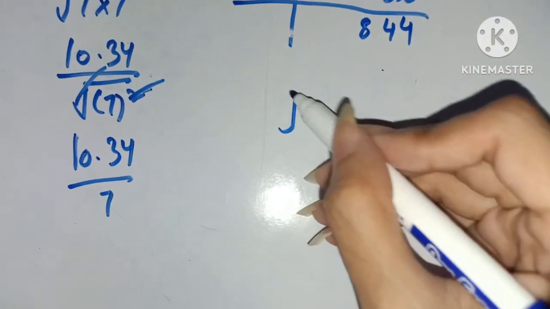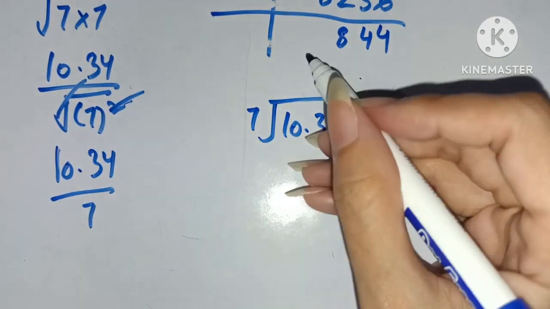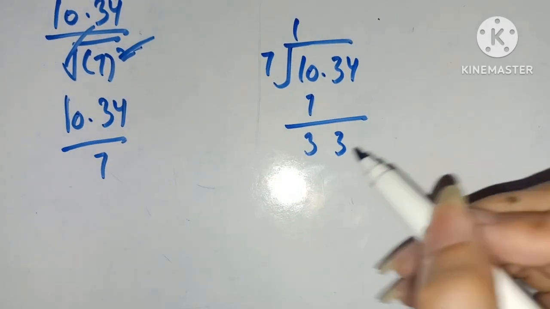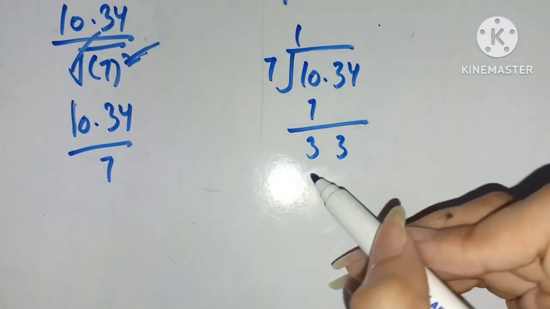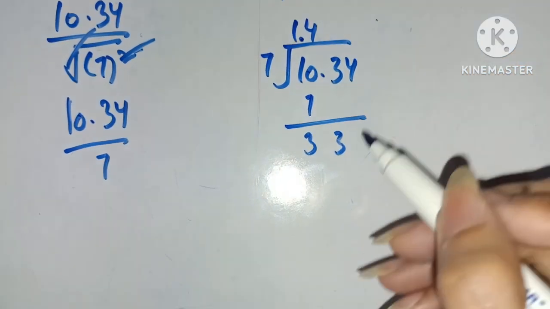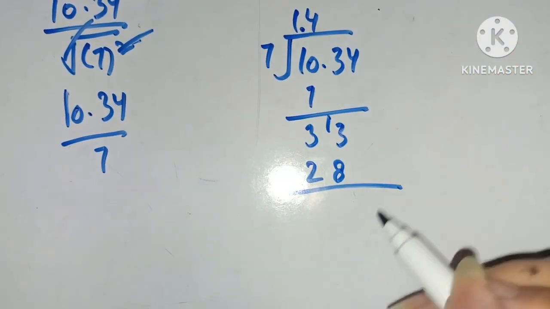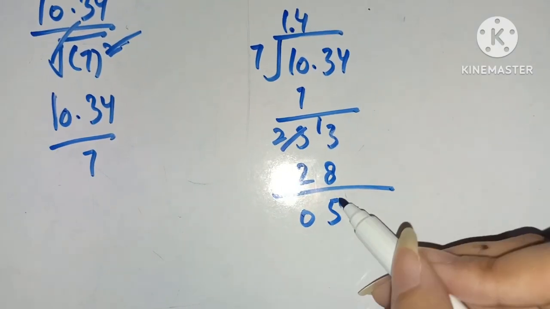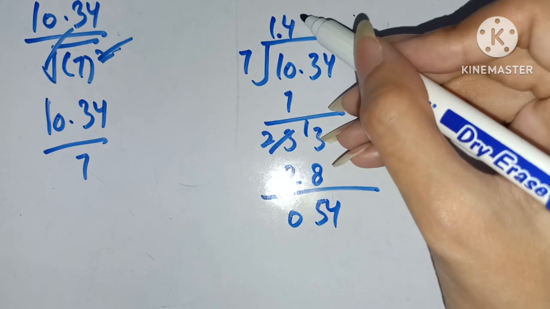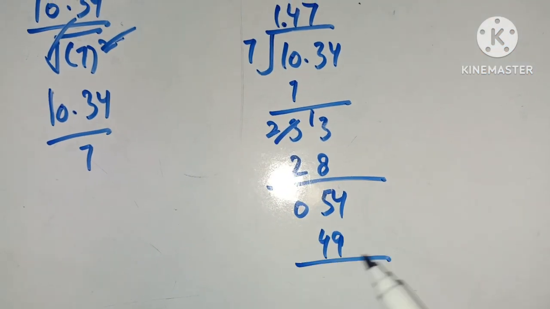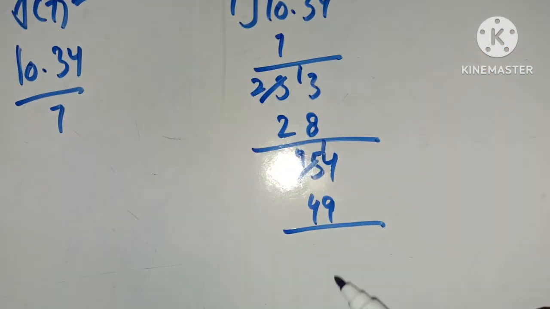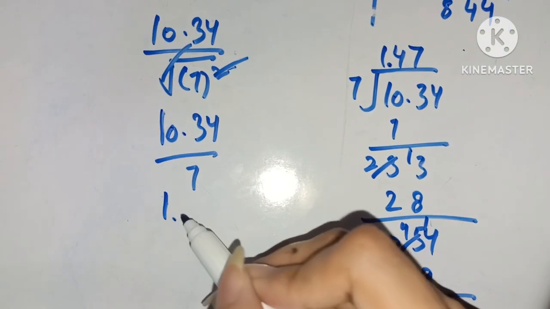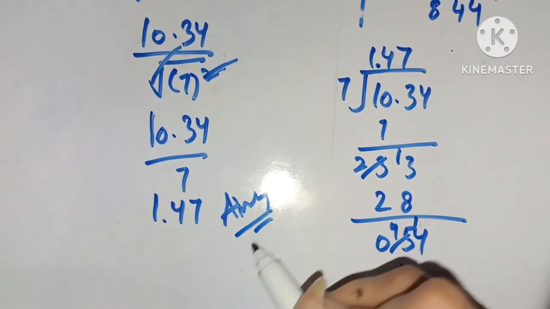Now when we divide 10.34 by 7, 7 ones are 7 and 3 will come. Again we shift downwards 3, and 33. 7 fours will be 28, and 13 minus 8 will be 5, and we have 2 over here, so 0, and again we bring down 4. 7 sevens will be 49, and when you carry, 14 minus 9 will be again 5. So this is also continuing, so we will only write 4.7 as our answer.